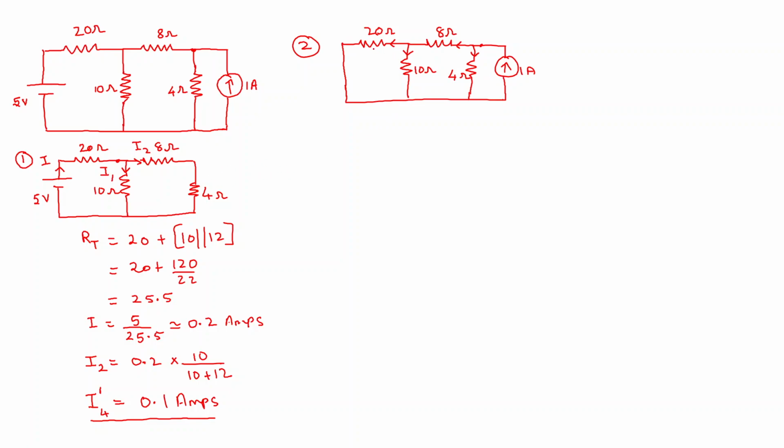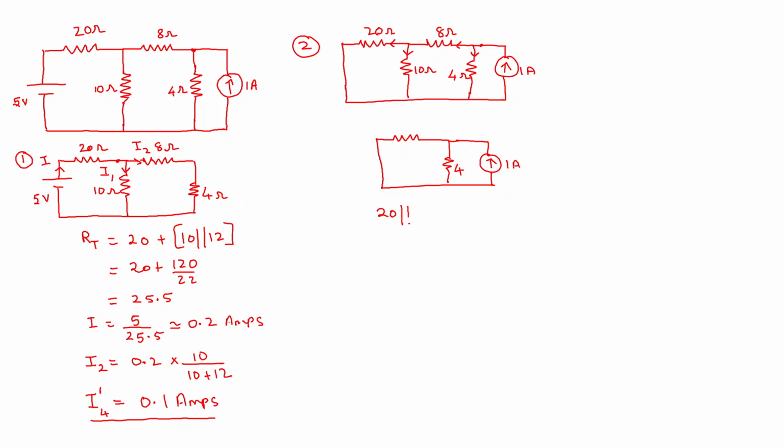So from this we understand that 20 ohms and 10 ohms are in parallel. So I will combine it into single resistance, and then I will add that to 8 ohms to get one single resistance. So I can redraw the circuit like this. That is one resistance, and here one resistance, and here is the current source, 1 amps current source, 4 ohms here, and this resistor is nothing but